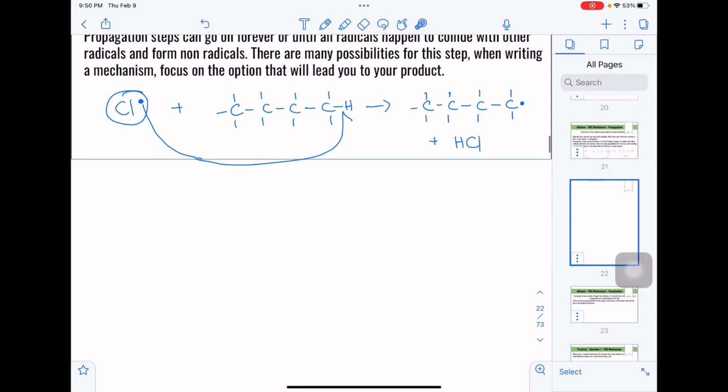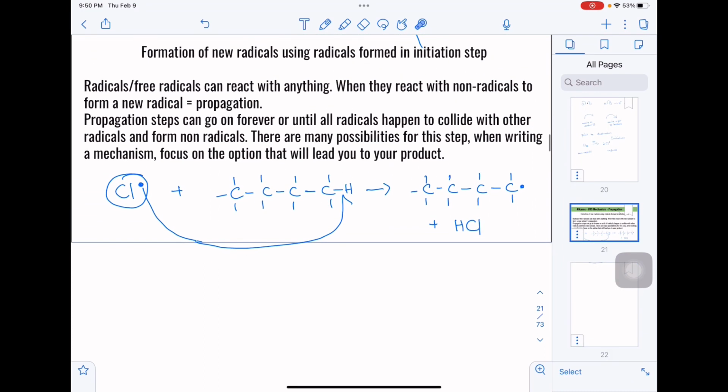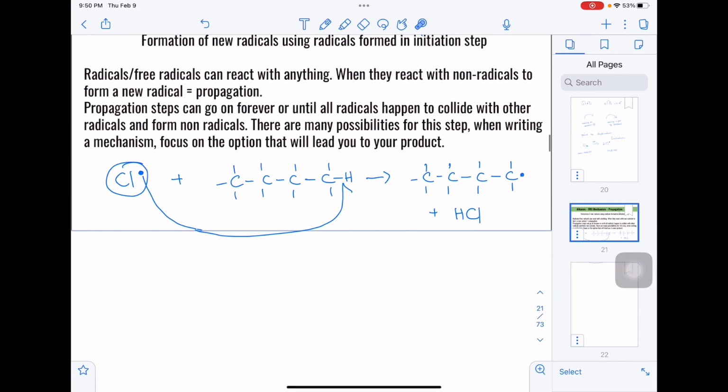Okay, so the propagation step, there are many possible products. I just chose to put it on the first carbon because I'm trying to get to my product. And my product, if you remember from the beginning, was 1-chlorobutane. Because the final chloro is going to be on position 1, that's why I put my radical on position 1. But if my product had been on number 2, on the second carbon, then I would have done the